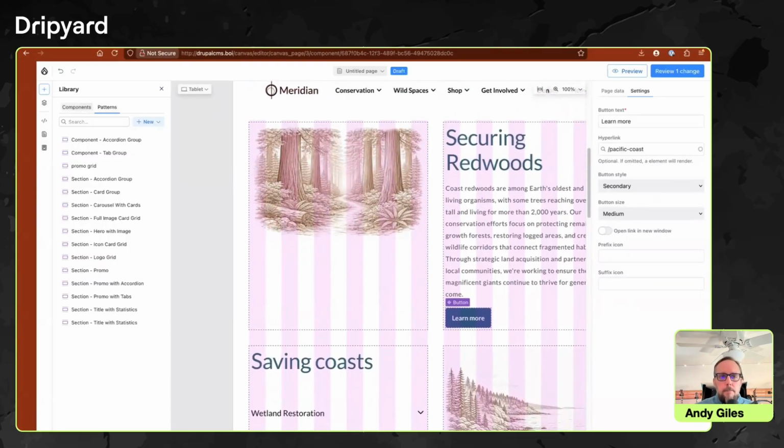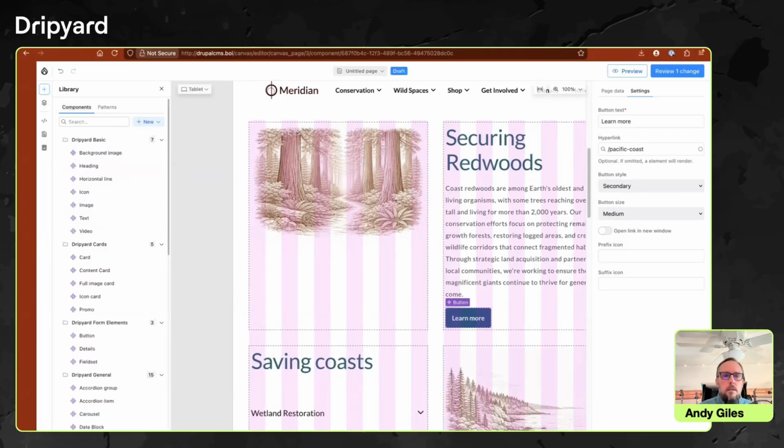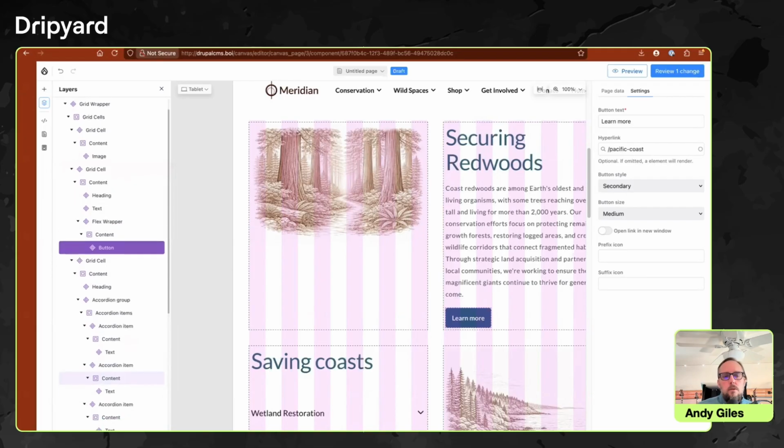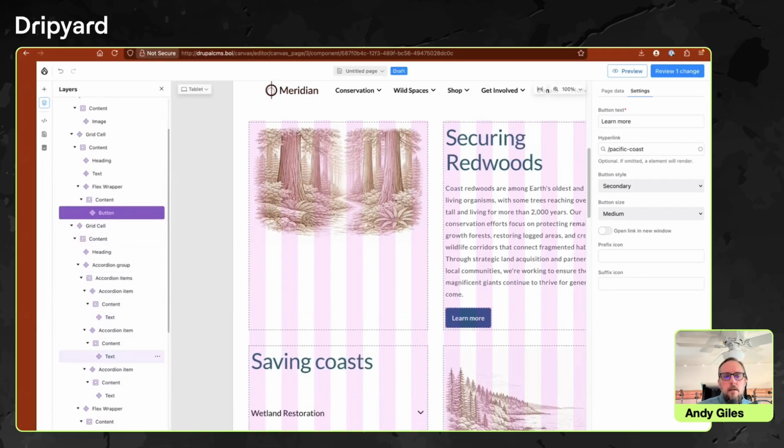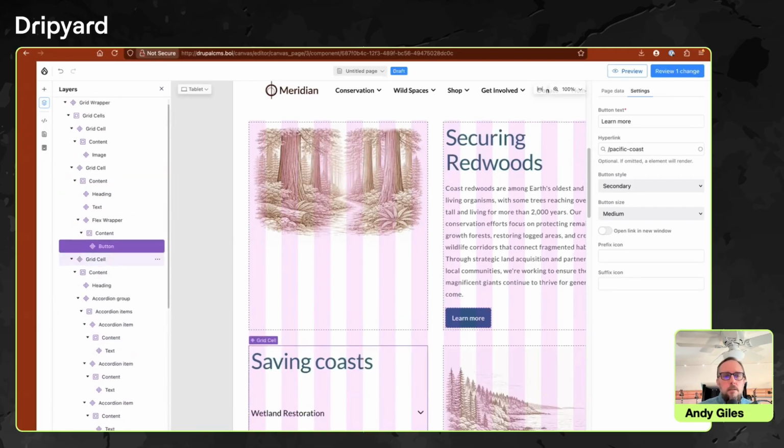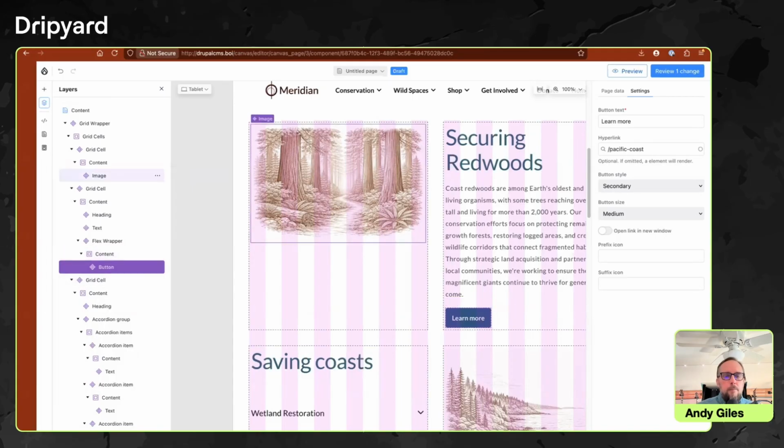So patterns are one of my favorite features of Canvas because of the reusability and the fact that it simplifies sometimes the nested stack of components that's required to make a nice layout. So yeah, let's see, where were we? Let me go back to the home page,